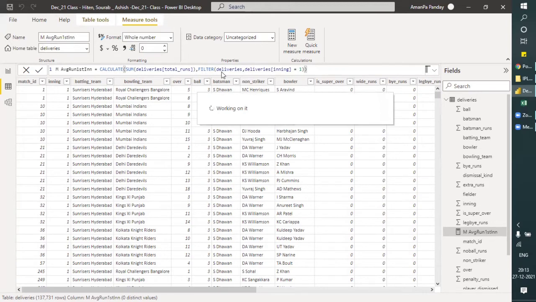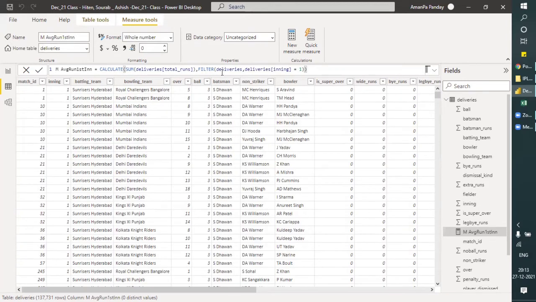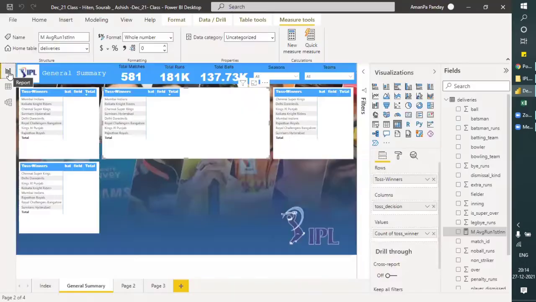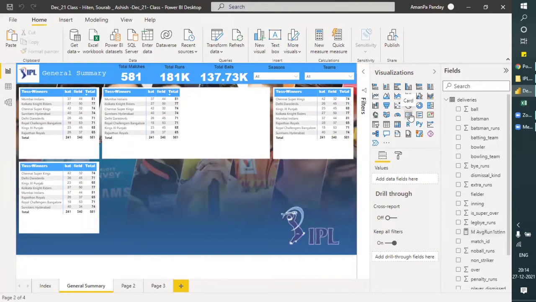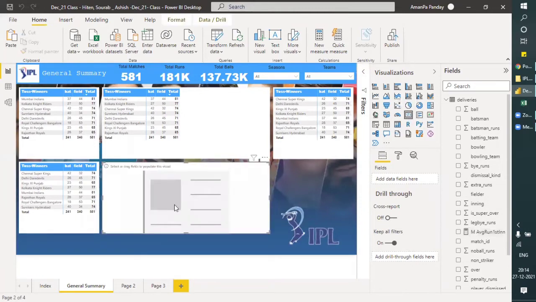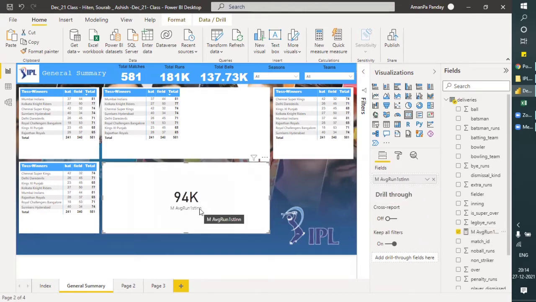Okay, now let me show you. Let me create a chart, and if I drop this down here, the average is 64,000. No, something is wrong, I believe.